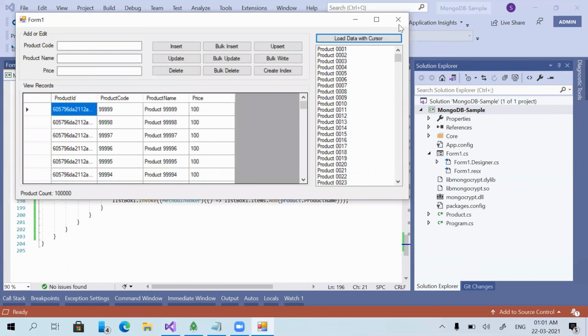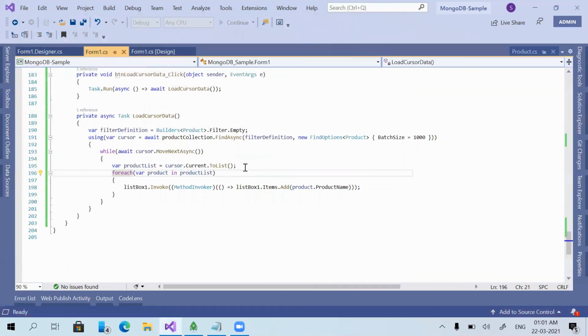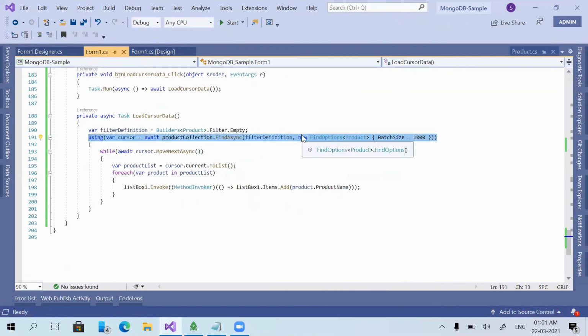This is a very powerful function which we commonly need if we have a very huge collection, like, as I told, millions or billions of records. We have to use this kind of function, otherwise loading the entire data into our memory is not a good thing. Why? Because it will consume a lot of memory. So we have to use this kind of method if we have a very huge collection.